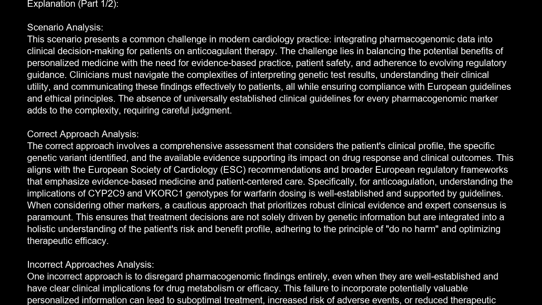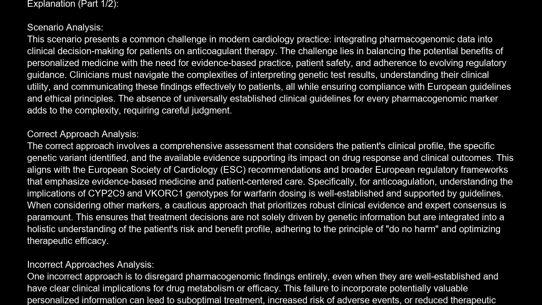Correct approach analysis. The correct approach involves a comprehensive assessment that considers the patient's clinical profile, the specific genetic variant identified, and the available evidence supporting its impact on drug response and clinical outcomes. This aligns with the European Society of Cardiology (ESC) recommendations and broader European regulatory frameworks that emphasize evidence-based medicine and